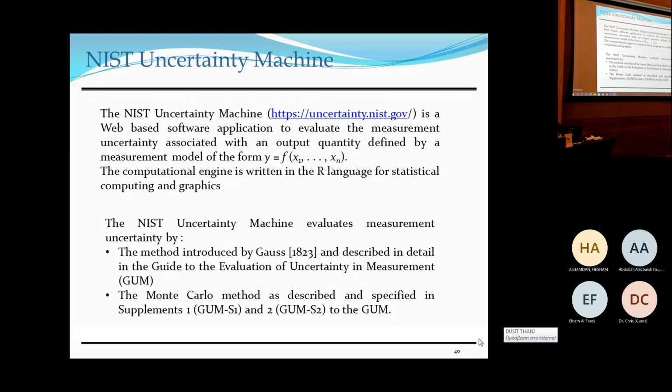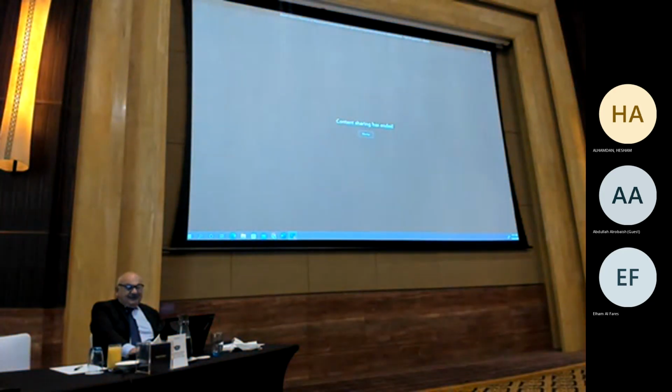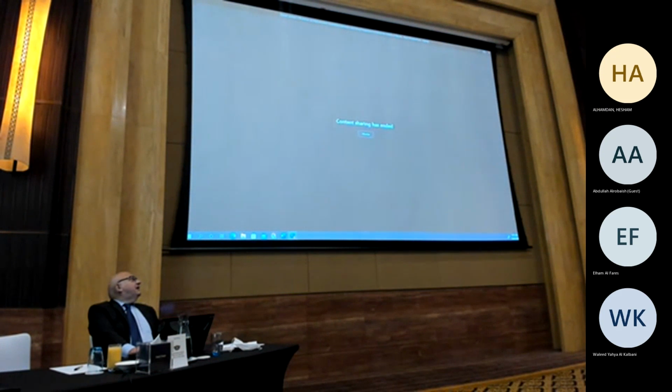So it's written in a statistical language called R, okay? And it does both propagation of uncertainty and the Monte Carlo method. So you can compare in real time between how well your model stands up to the requirements of the law of propagation of uncertainty. The basic requirement being that